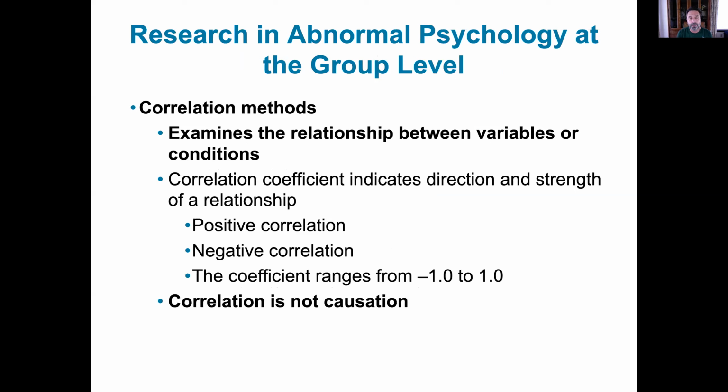Correlation methods, which we talked about many times, are where we ask: is there a relationship between two things happening? Is there a relationship between people meeting each other and maybe being angry with each other? Is there a relationship between those two things? Not necessarily can we say one thing caused the other. In other words, anger is not caused by two people meeting, but it does happen. There is some relationship between that.